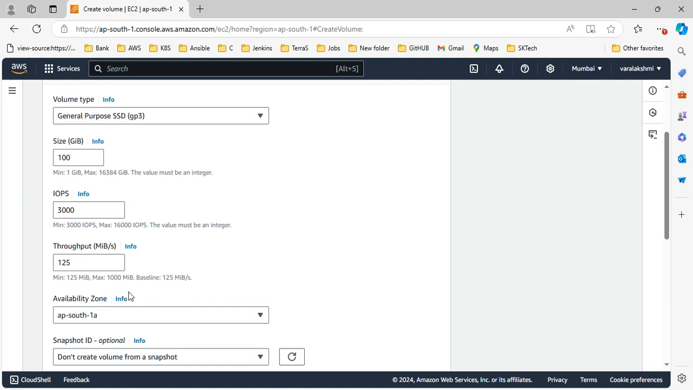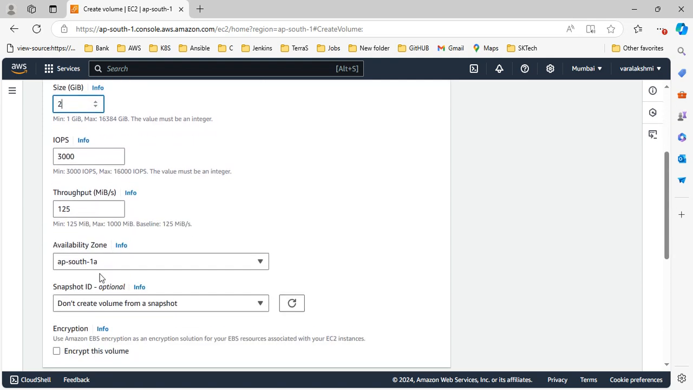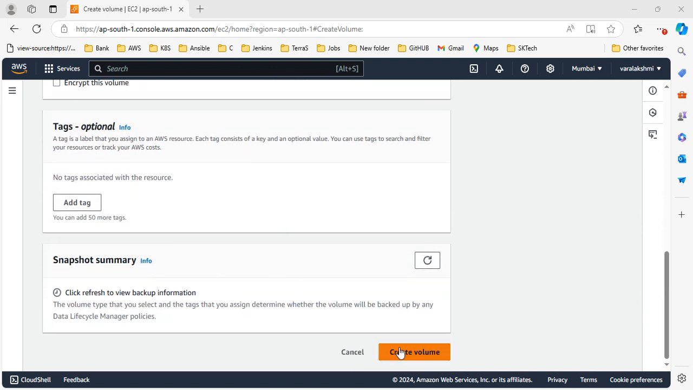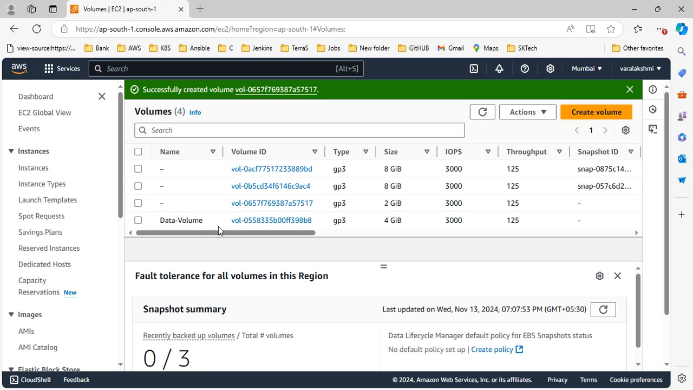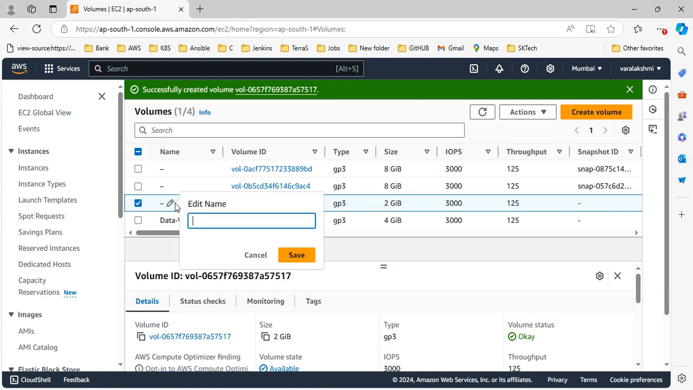So what I will do, I will create one with 2 GB, guys. My server is running in the 1B zone, so 1B zone, let me create. So this is the 2 GB size, this is my second volume. So this is the data disk,